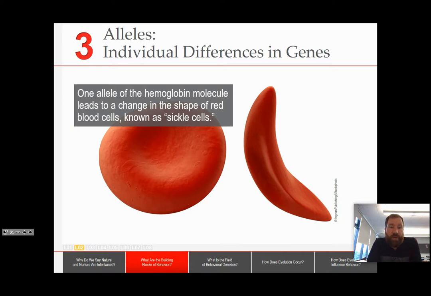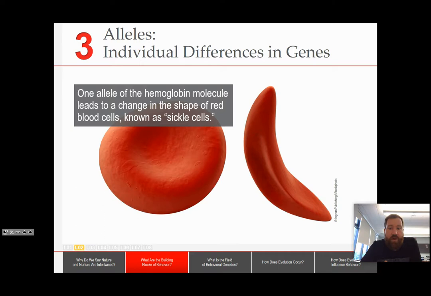So, for example, here, a certain allele in the hemoglobin cell can turn it from a round shape to what is called a sickle shape, right? It kind of looks like a hammer and sickle, or a tool used for reaping and stuff like that. So the quote unquote normal red blood cell is on the left, and the sickle cell is on the right. This is an adaptation, right? This is something that happens through genetics. Different alleles tend to be passed down in certain families, right? Again, because it's the genetics that you're getting.